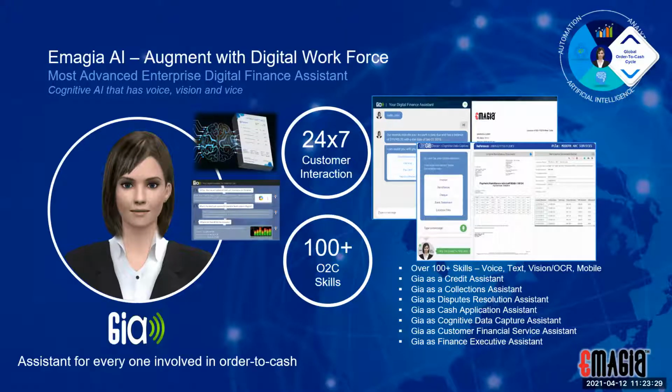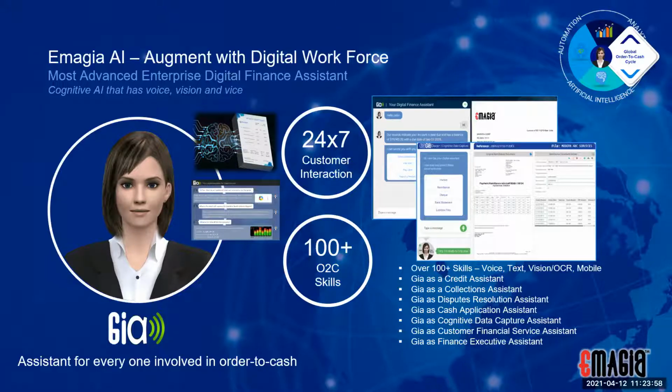What kind of an issue do you have with this invoice? It can also support collectors with information. If a collector is looking for quick information as to, hey, what happened to this particular invoice, or what happened with the last payment, where is this applied, or what was the dispute like? Any of that sort of information, in a very quick manner, Gia is able to